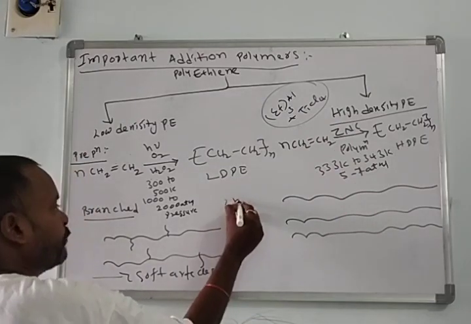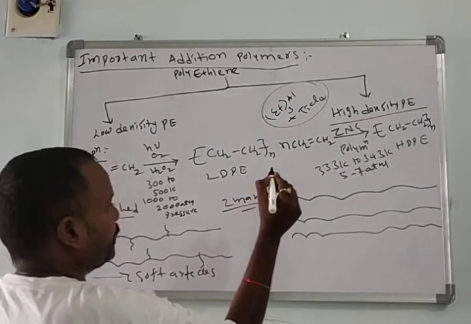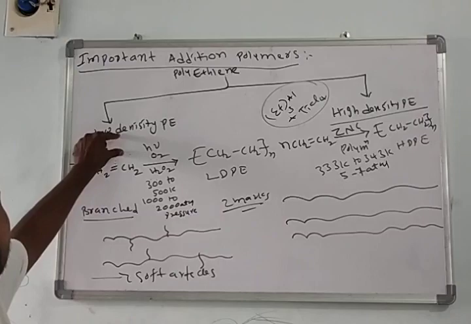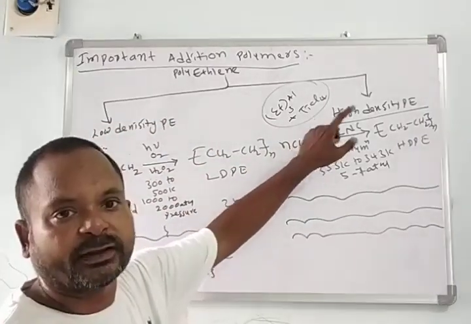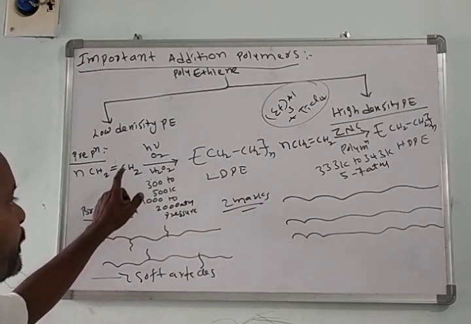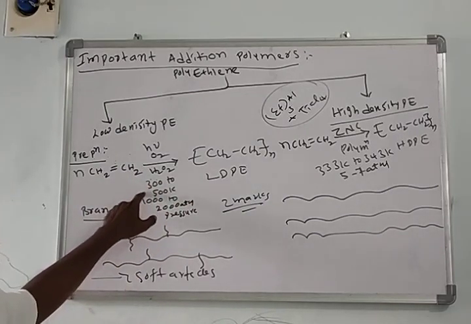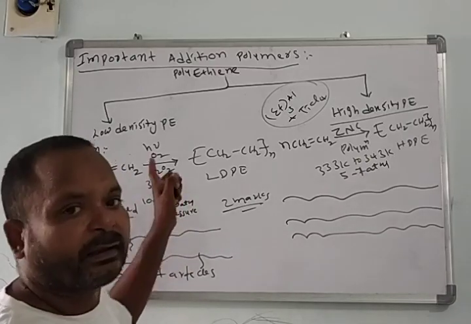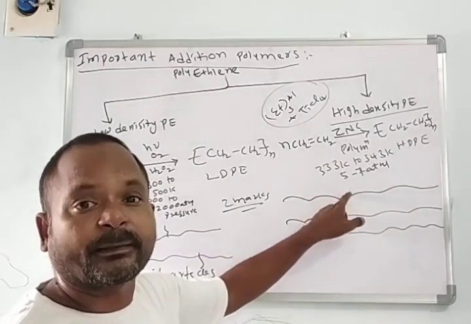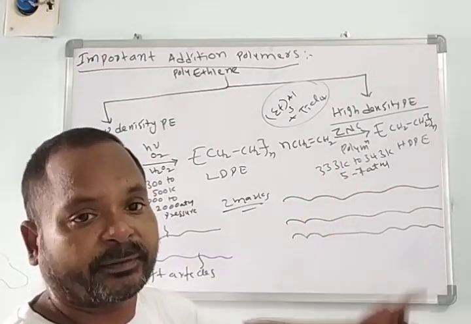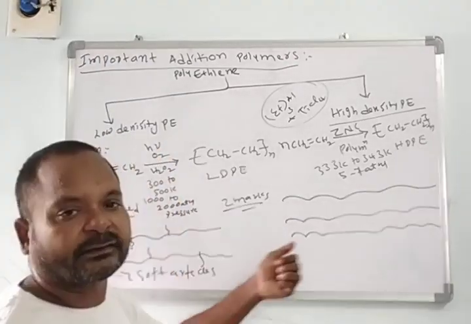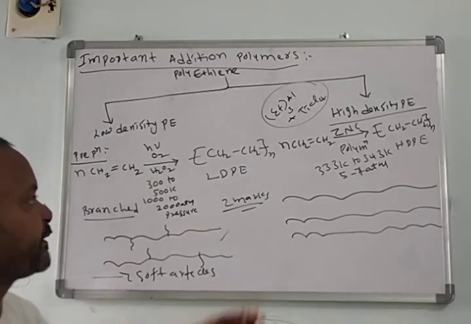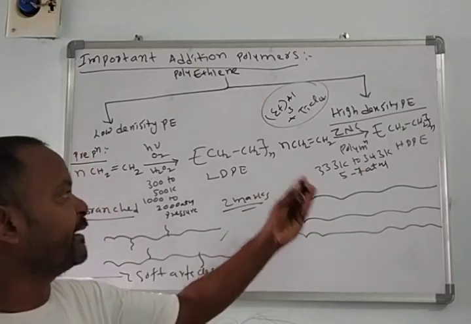What are the differences between low density polyethylene and high density polyethylene? This is a 2 marks question for the PU exam. At least write 2. The density of low density polyethylene is less than 1, and of high density polyethylene is more than 1. Low density polyethylene is formed at 300 to 500 Kelvin, 1000 to 2000 atmosphere, very high pressure. High density is formed at normal temperature but very low pressure, 5 to 7 atmosphere. Low density polyethylene has a branched structure and high density polyethylene has a linear structure.